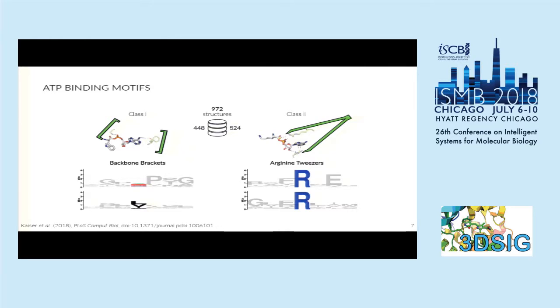I want to emphasize here that you have to look at the structure to understand the mechanism of class 1 ARS, because this pattern, which is highly conserved in structure and also in function in binding the ATP, is not visible at sequence level at all. The N-terminal residue does not show any sequence conservation, while the C-terminal residue shows some slight preference for hydrophobic residues. In the end, you would not have been able to spot this pattern just by looking at the multiple sequence alignment, for example. On the other hand, for class 2, the opposite takes place: you have two arginine residues which are highly conserved in all class 2 structures that mediate this binding of the